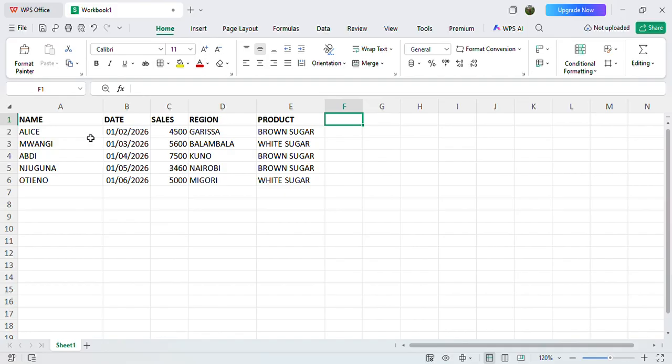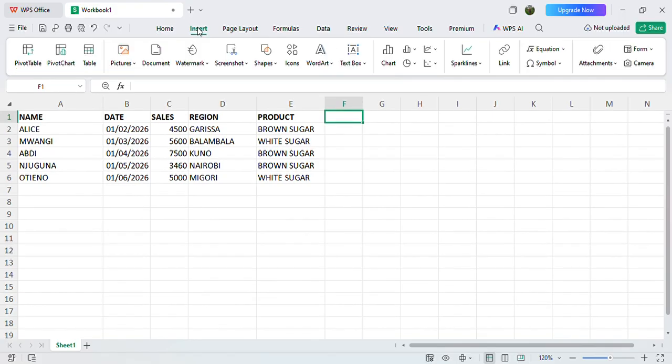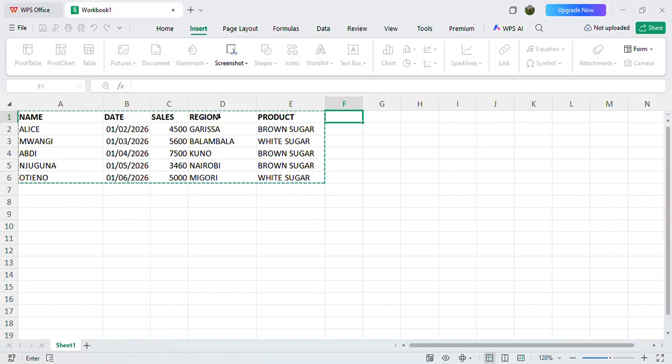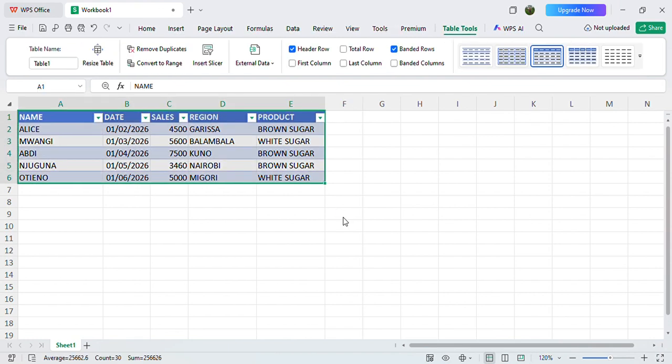First, if you look at this data, we have columns and rows. The first step is to insert a table. You will come up here where it is written insert, click that insert. Then bring your cursor to this table up here. Click that table. Then a box of this kind will appear. For example, you can see create table, where is the data for your table, and all that. Then click OK. It means Excel has detected that and has represented it in the form of a table.